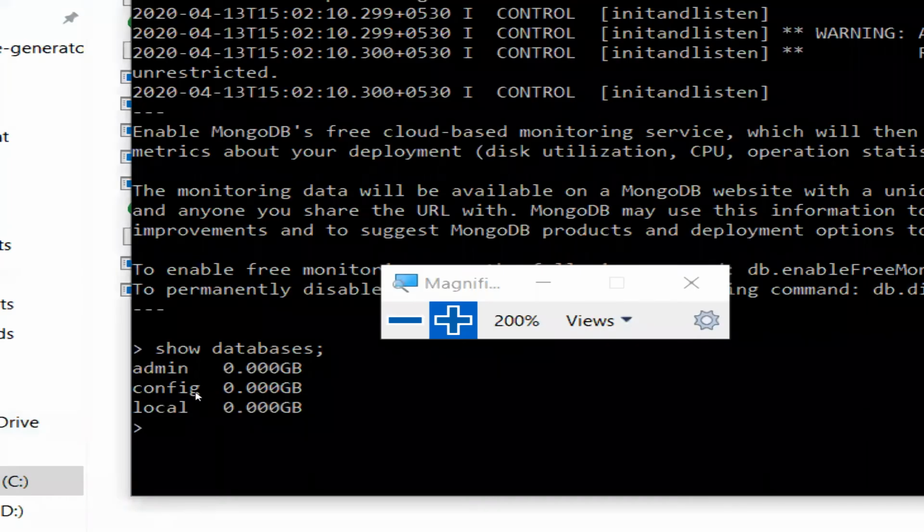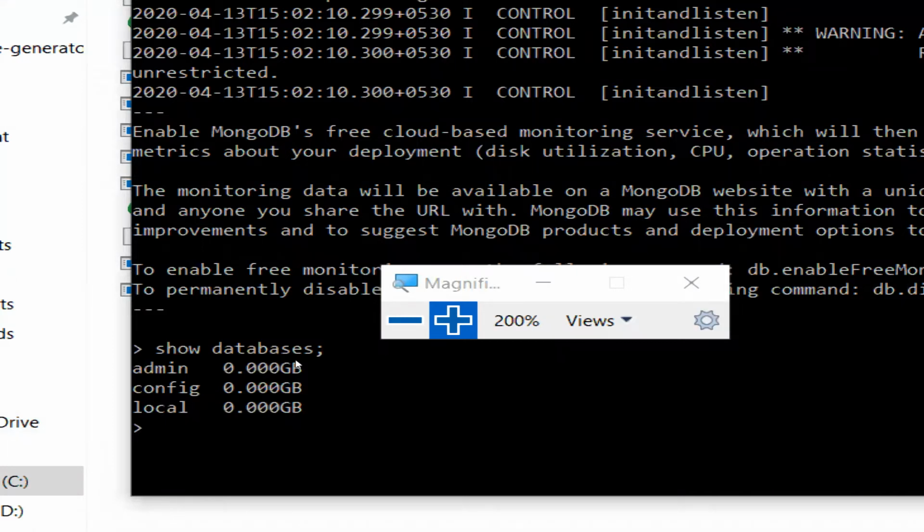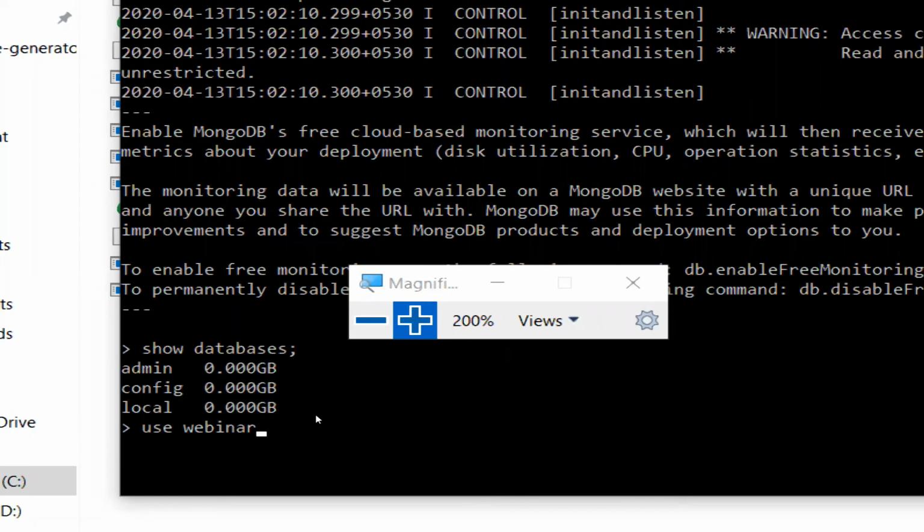Now we have to create a database. How to create a database? To create a database, there is a command called use followed by the database name. Say, for example, if webinar is your database name, then use webinar, ending with a semicolon, enter.